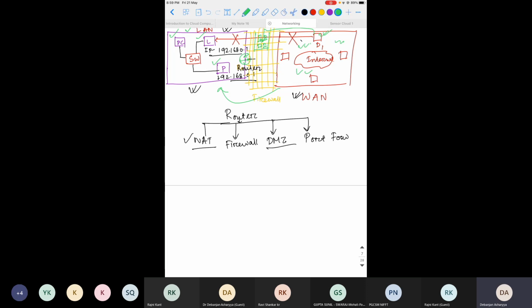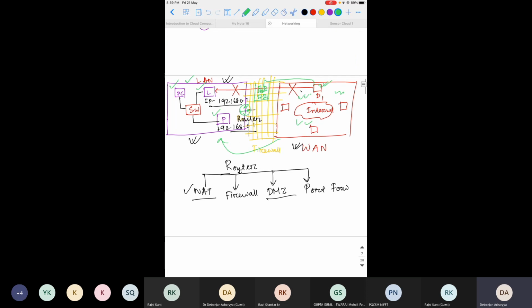If some devices from the WAN directly connect, so for example, you have a device in the LAN and there is a device in the WAN. This device wants to talk with the LAN. So with port forwarding, if this device offers the port, for example, 80, then we can directly talk with this particular device.